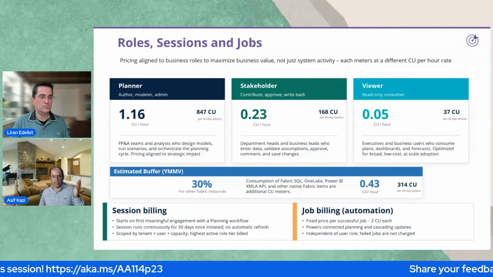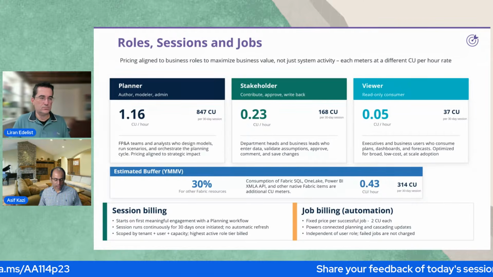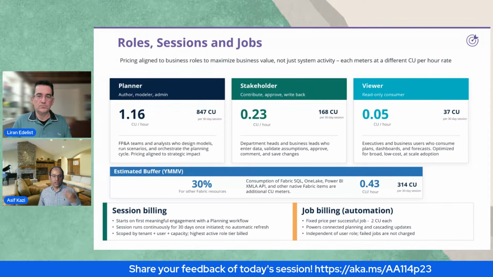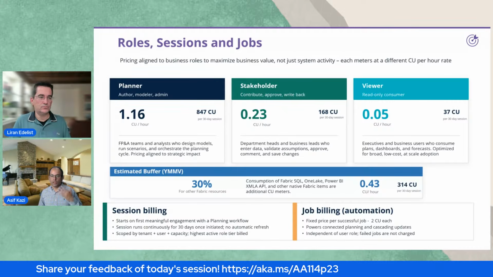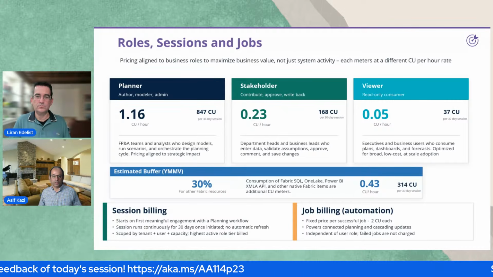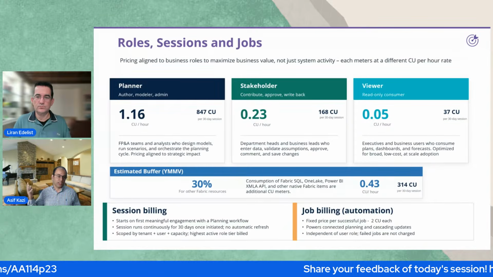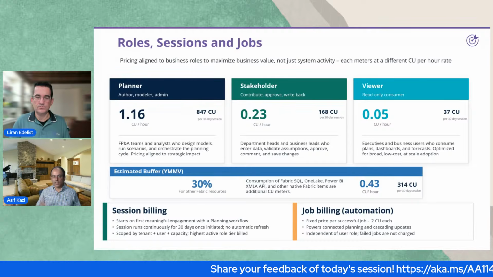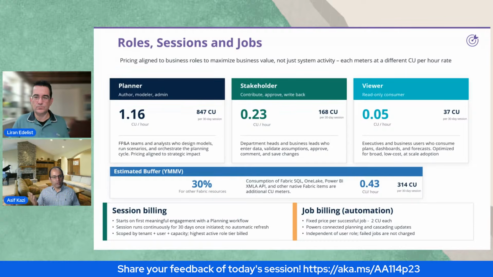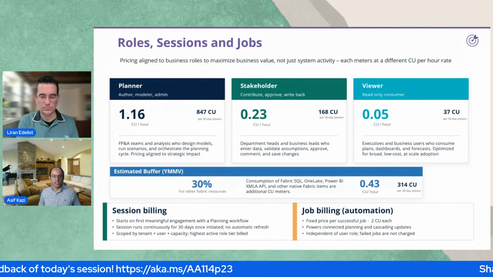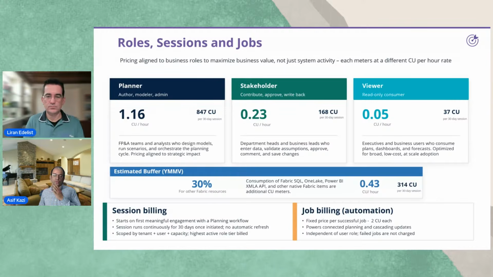So again, it's pay-per-use. The way we're billing it is the same as you bill all our other workloads. It's based on capacity units, so this will burn down the capacity units that have been assigned to your workspace. There's nothing special to do here, no special agreement to sign, no special license to get. Just like you create a Power BI report or a Spark notebook, you can create a planning item and get working with it. Again, it's priced based on value, so the viewer is by far the least expensive and the planner is the most expensive.